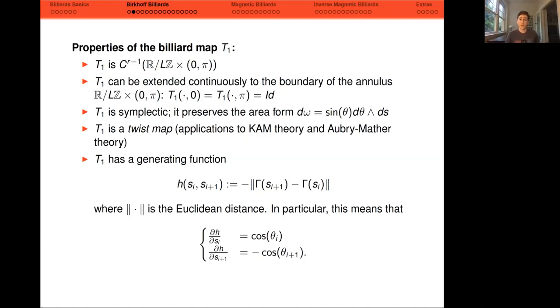In terms of being a generating function, this also means that the partial derivative dH/ds_i is going to give us cosine theta_i, and dH/ds_(i+1) is going to be negative cosine theta_(i+1). And in particular, where this generating function comes into play that we're not going to talk too much about is that